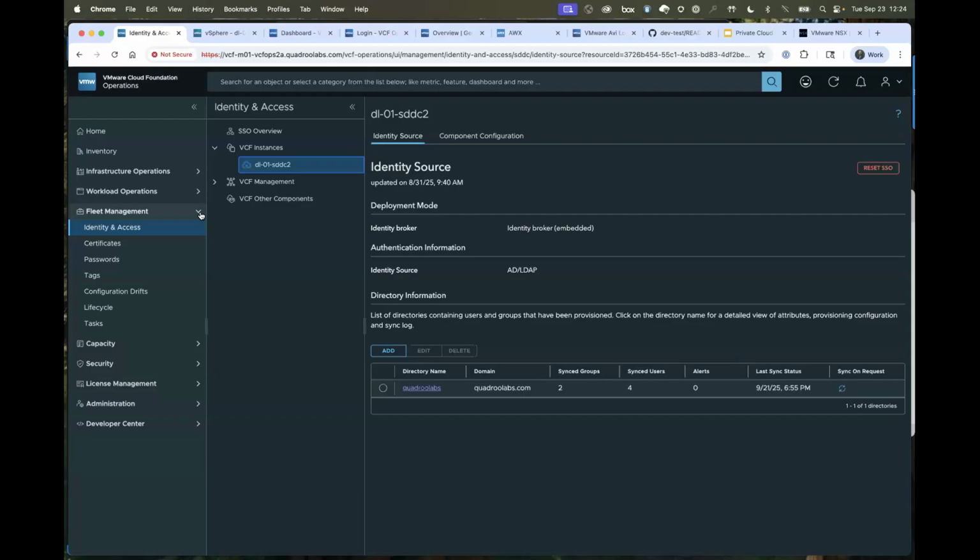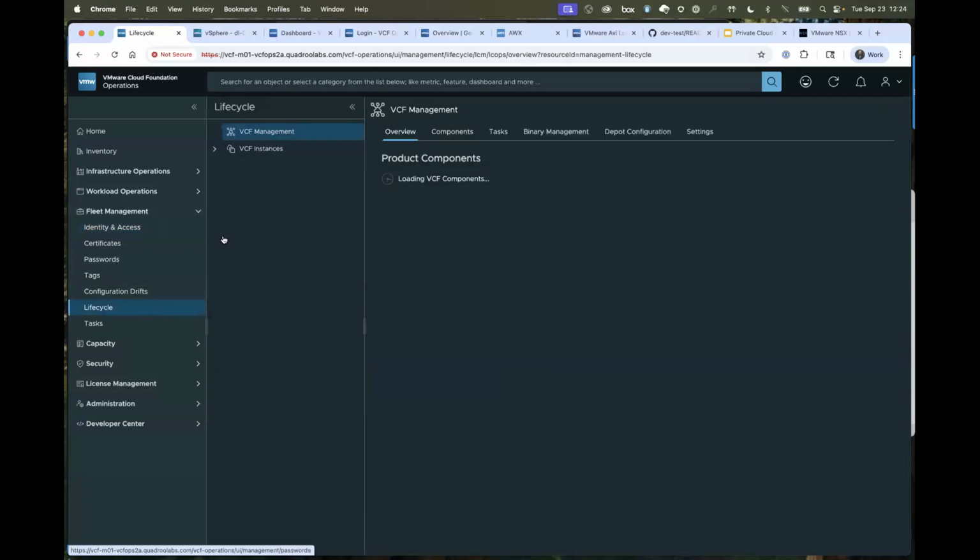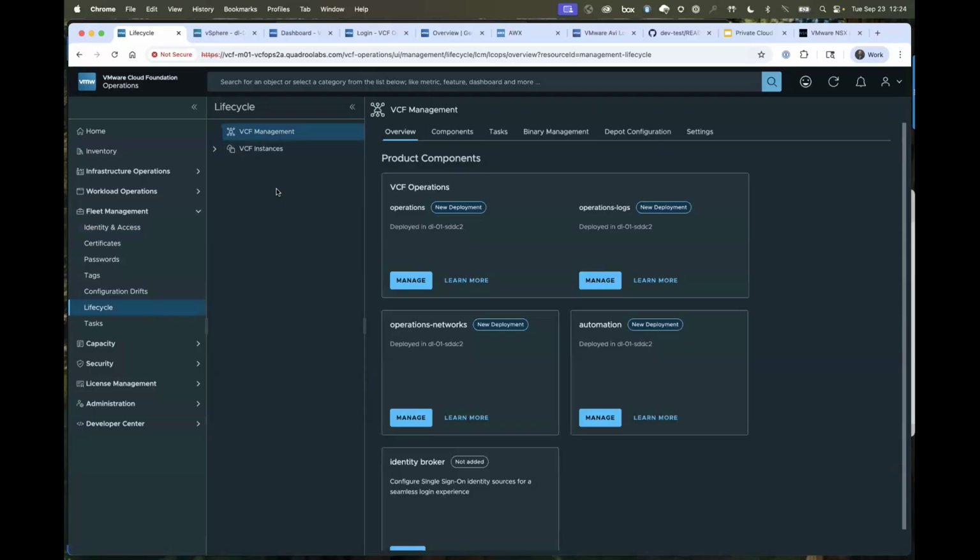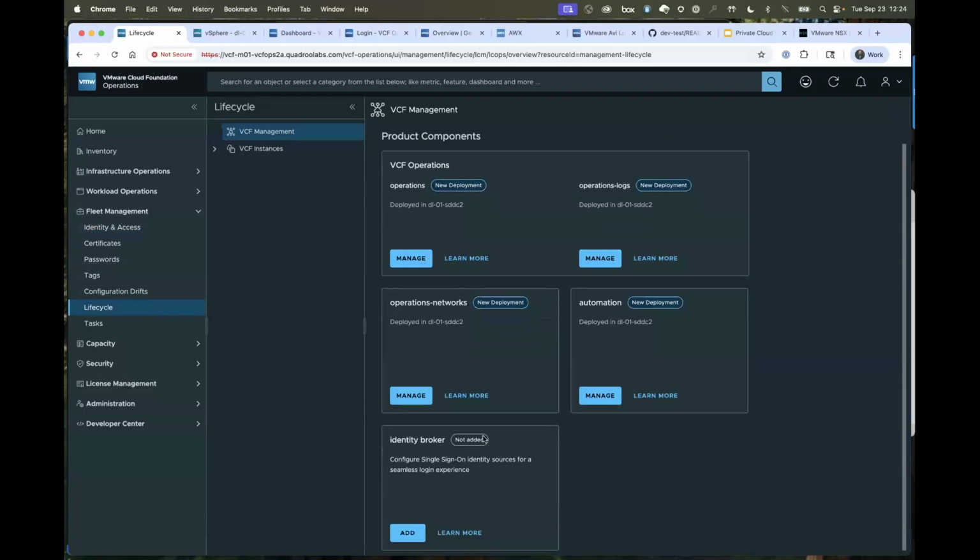But last I remember, when you went to Lifecycle, you could go and deploy it. Right. It's not in there in my environment, but you're right. It is included, embedded in vCenter. You can see I have not added it. It is not an add-on in my deployment today.